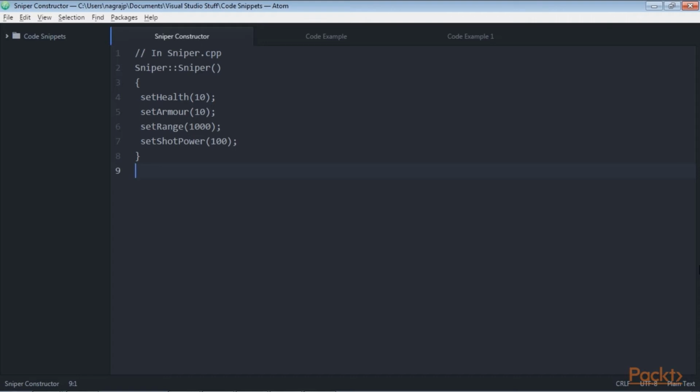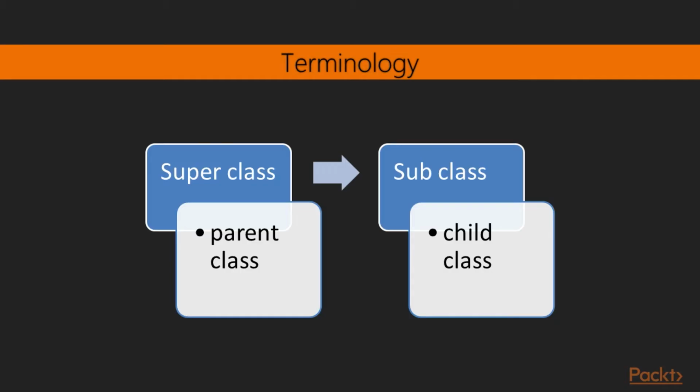We could go ahead and write a bunch of other classes that are an extension of the soldier class, perhaps commando and infantryman. Each would have the exact same variables and functions, but each would also have a unique constructor that initializes those variables appropriate to the type of soldier. Commando might have a very high m_health and m_shotPower, but really puny m_range. Infantryman might be in between commando and sniper, with mediocre values for each variable. The terminology we might like to learn here is that the class that is extended from is the superclass, and the one that extends is the subclass. We can also say parent and child class.